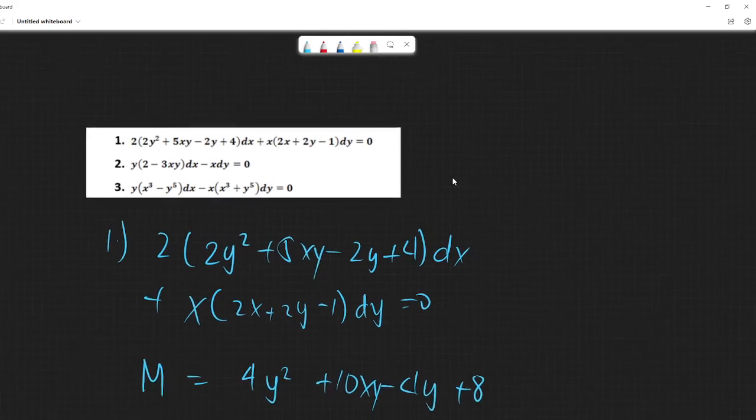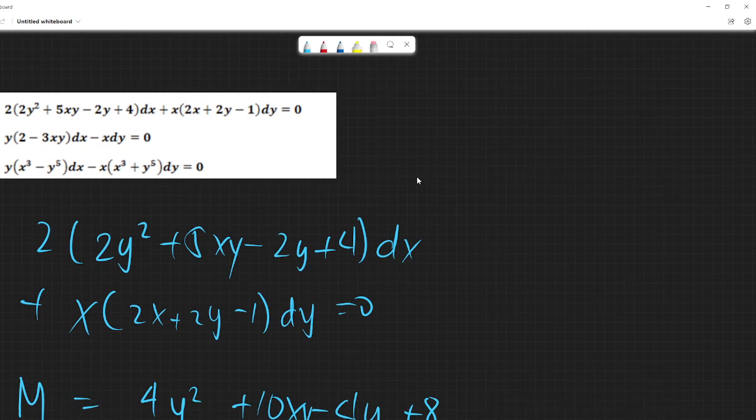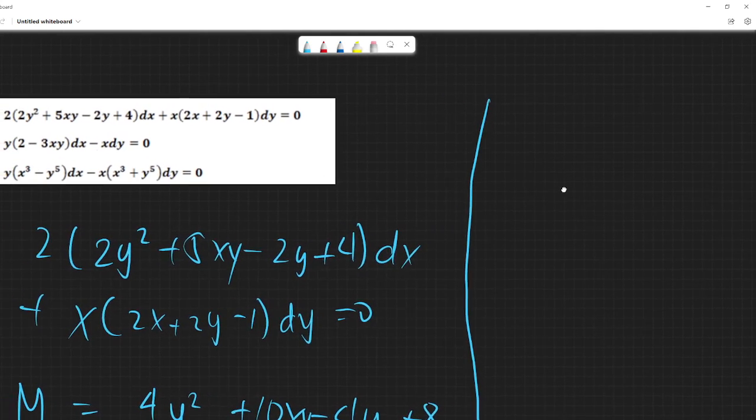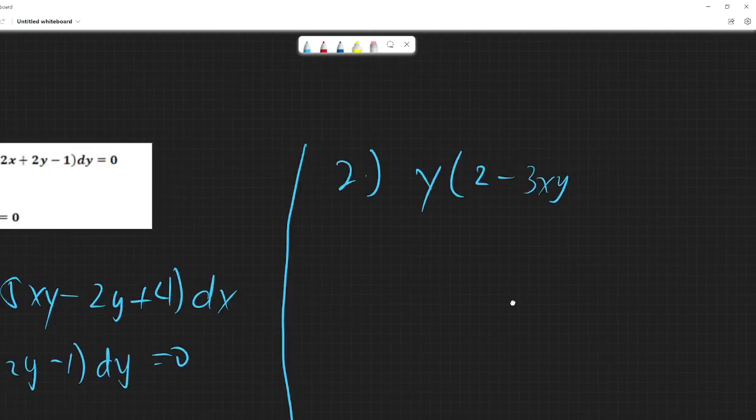Okay, so take a time to ponder about this. So that is how you get the solution using integrating factor in differential equations. So the next thing that we will note is that in number 2, there is another method that we could apply. So y times 3xy, so dx